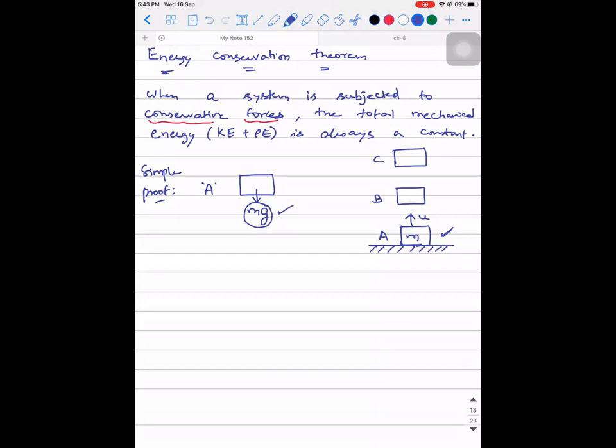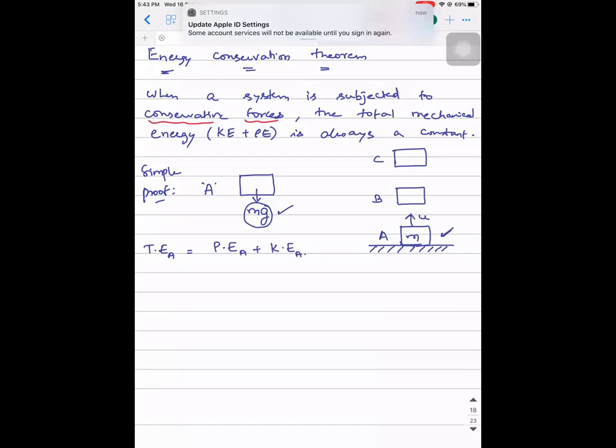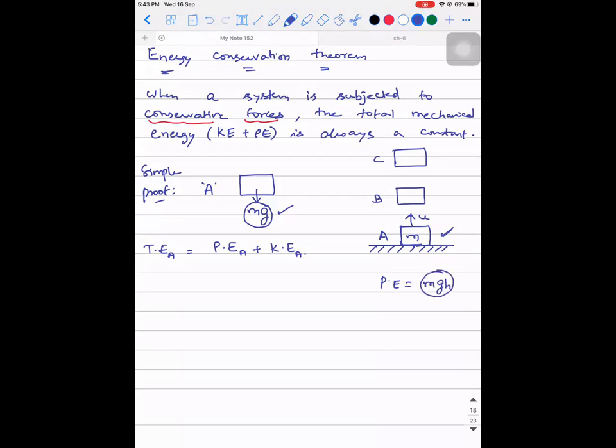The total mechanical energy, meaning kinetic energy and potential energy, is always a constant, meaning at every point it is the same value. So what is the total energy at point A? That is nothing but potential energy at point A plus kinetic energy at point A. I hope you're able to understand this, right? Now, what is the formula for potential energy? mgh. So potential energy is given as mgh, where